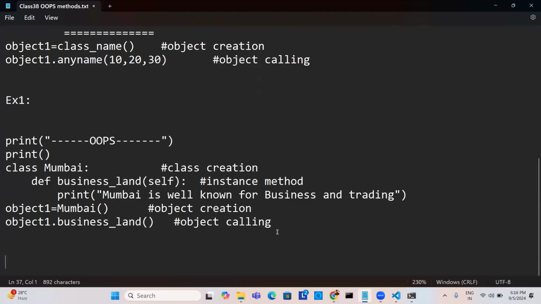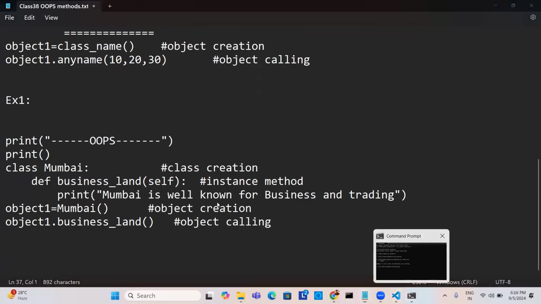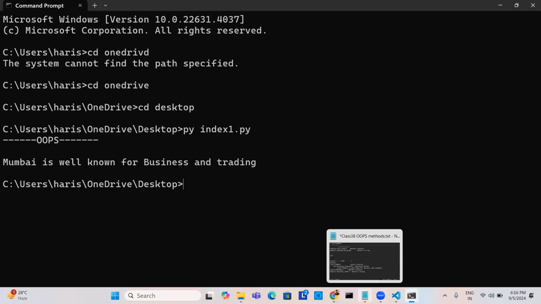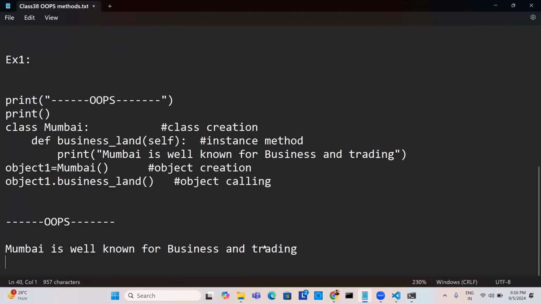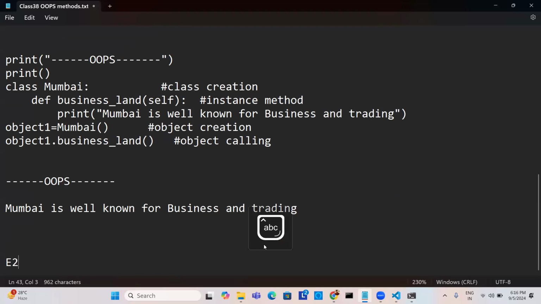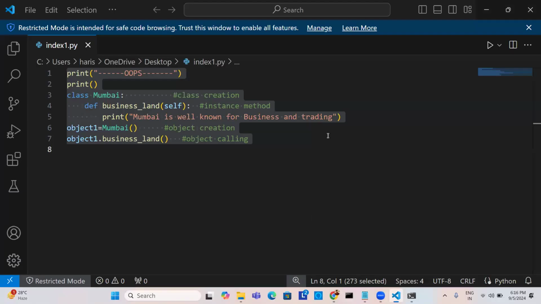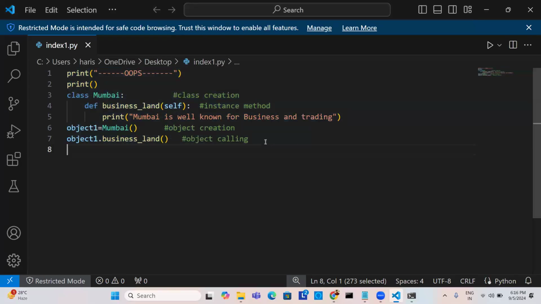So let me make a more meaningful example. Let me copy this one. Listen carefully, guys. Here, let me make it example two. So what it exactly means here is, it's better to go with